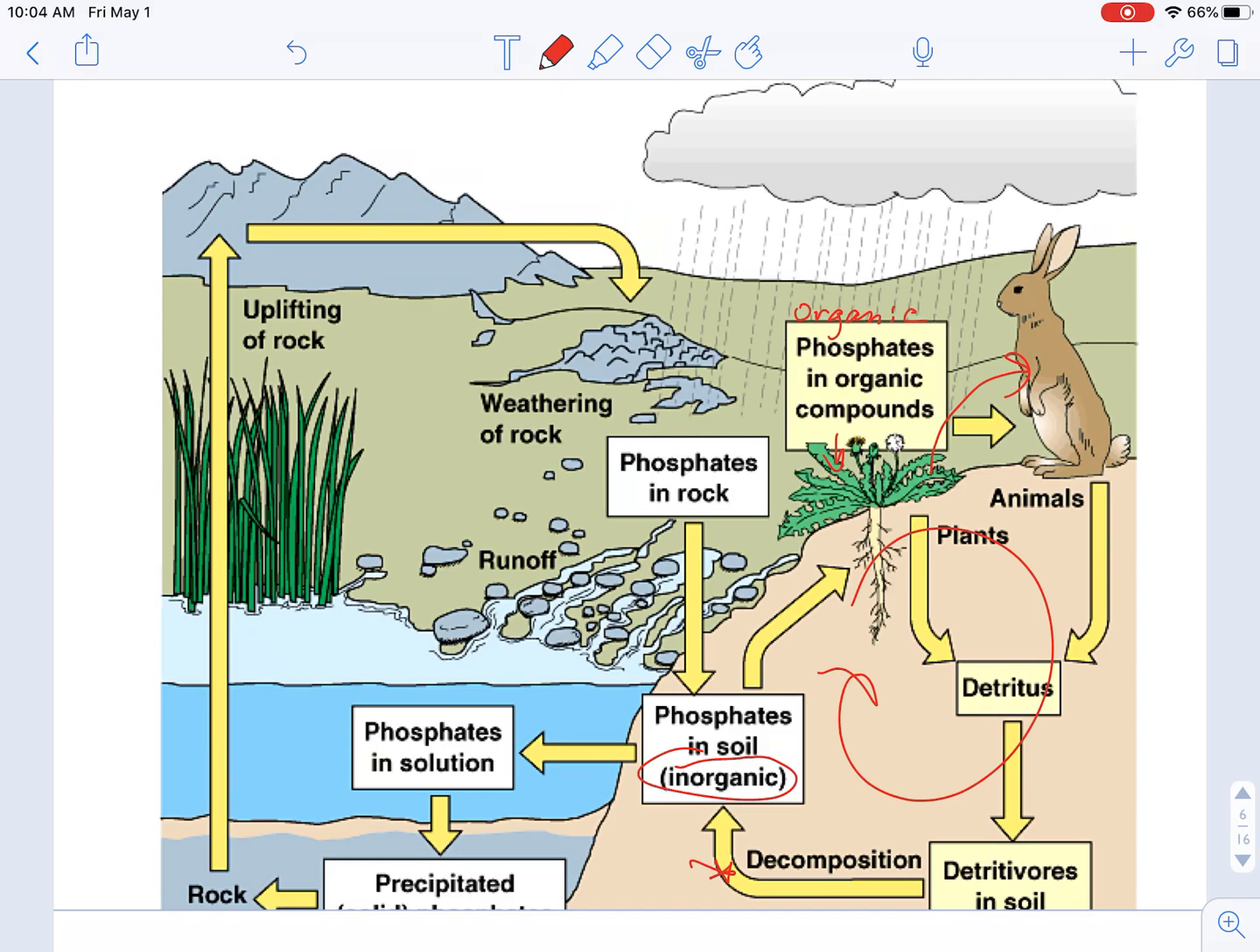However, sometimes these phosphates in the inorganic form can be leached into aquatic ecosystems, right? So when it says in solution here, that means it's dissolved. Just think of dissolving salt. So there's ions of this phosphate in water. It can stay there, or it can settle out of the solution and become a precipitate, or an easier word, it becomes solid. So it becomes part of the sediments down here on the bottom of this body of water,